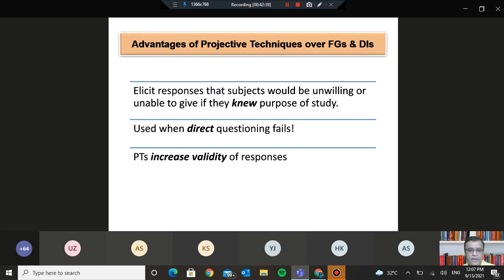Particularly, for example, when you are trying to probe things which are personal and very sensitive. Just like I shared with you regarding shoplifting, and regarding sensitive issues such as whether a person has taken dowry or not, which is a social evil looked down upon by society. So these kinds of issues may be probed.